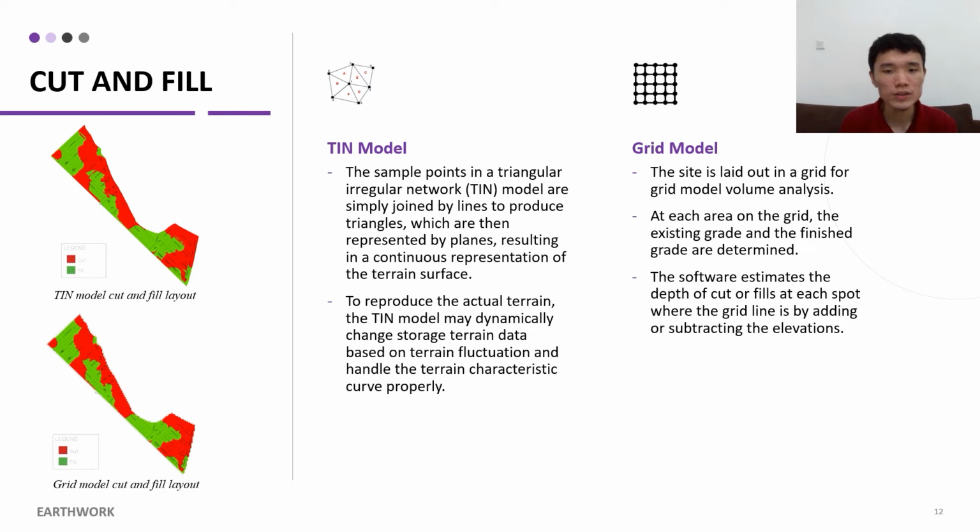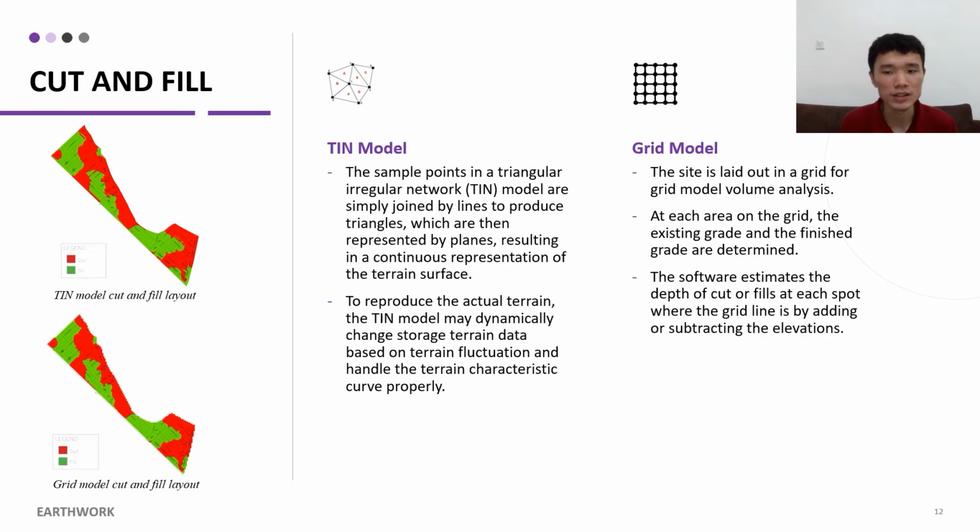Use these values to calculate the average cut and fill depth required for each cell in the grid. And the volume of each cell is obtained by multiplying the depth by the cell area. The software estimates the depth of cut and fill at each spot where the grid line is by adding or